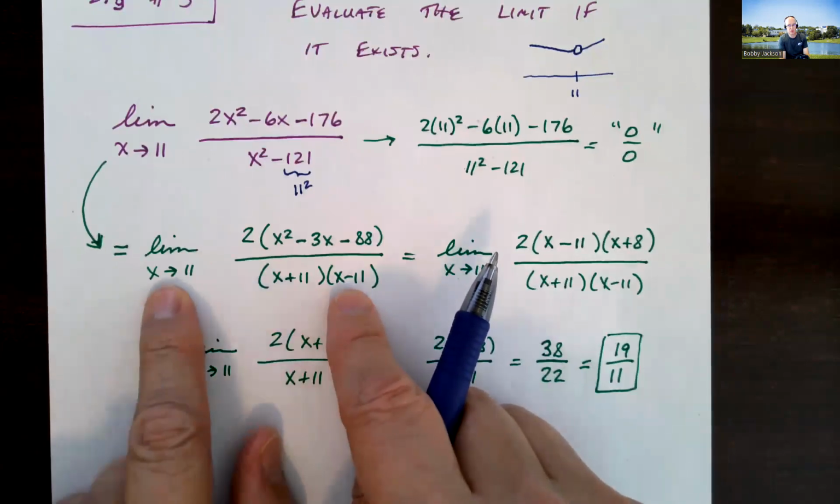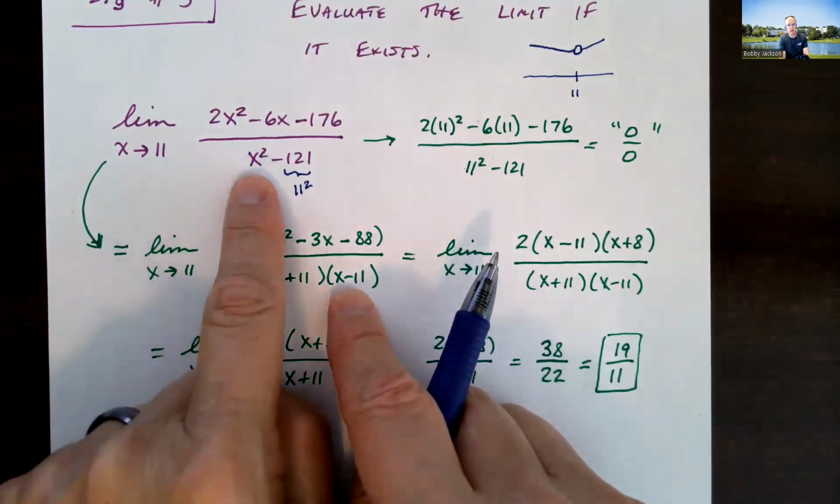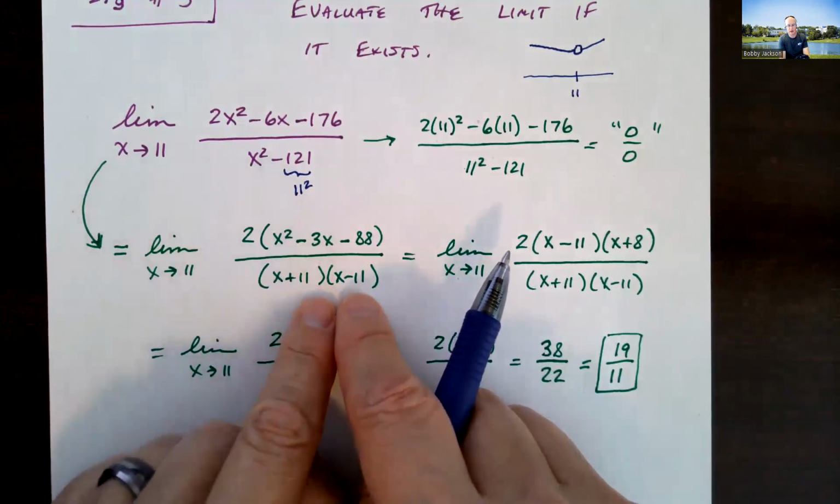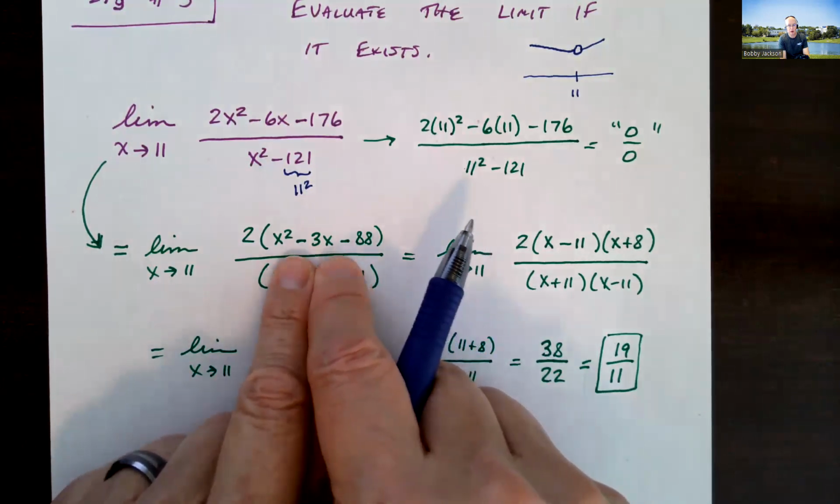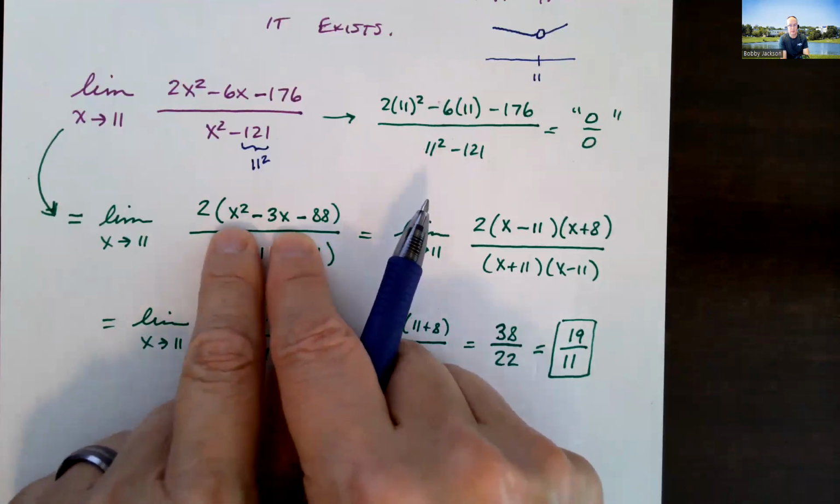Also, I'm confident since I plugged in 11 and got 0 in the denominator, I know there's a factor of x minus 11 down there. Well, same thing up top. There has to be a factor of x minus 11. And that will help you actually factor this expression, right? Since